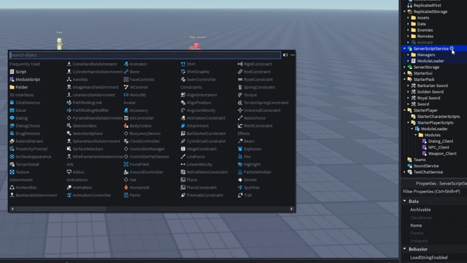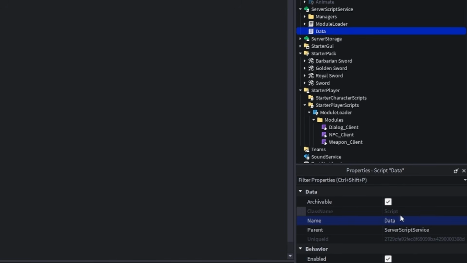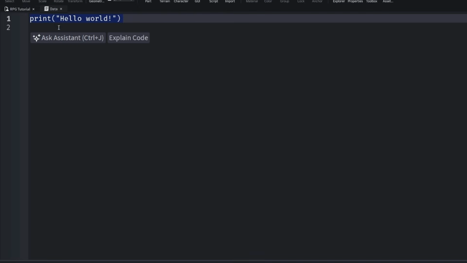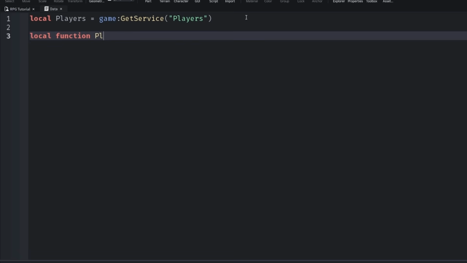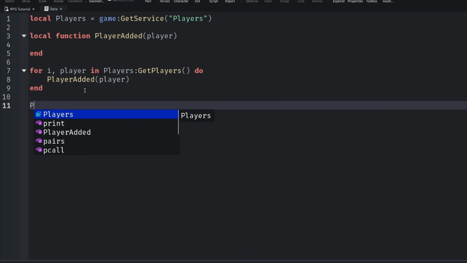So I'm going to add a new script into ServerScriptService. We'll call this script data. I like to keep this separate from all of the module loader stuff, and then delete hello world and reference the players module. And then we're going to create a function for whenever a player is added, and we can loop through all of the players that are currently in the game, and then also react to whenever a new